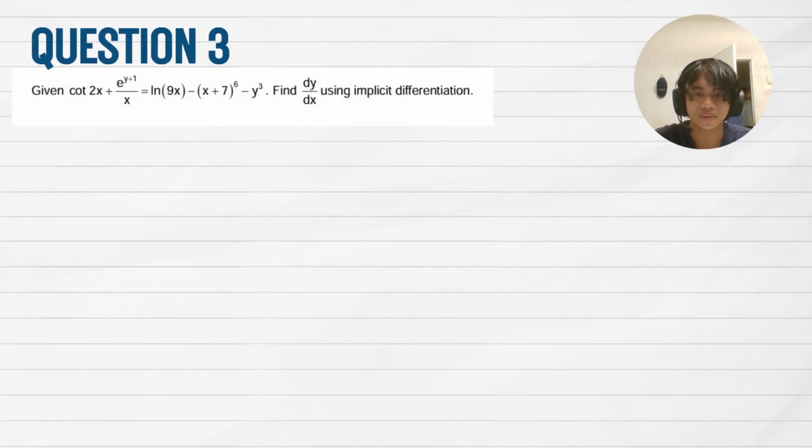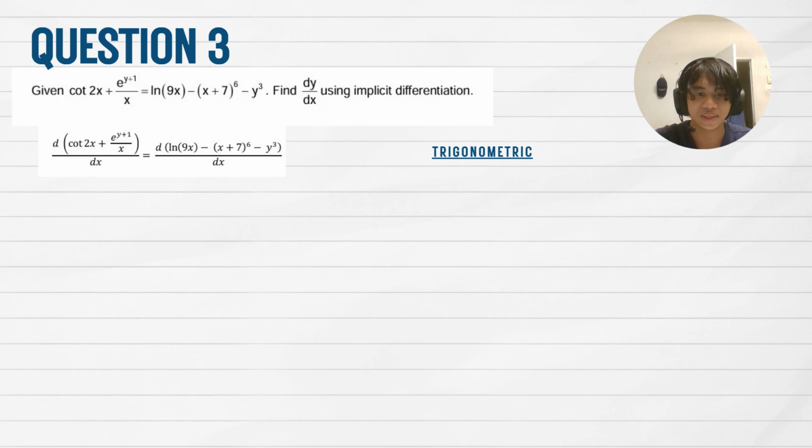So the question is cotangent 2x plus e to the power of y plus 1 over x equals ln 9x minus (x plus 7) to the power of 6 minus y cubed. Now, remember the first step? We will have to differentiate both sides. So the first term is cotangent 2x. Differentiating that, we will get negative 2 cosecant squared 2x, and differentiating e to the power of y plus 1